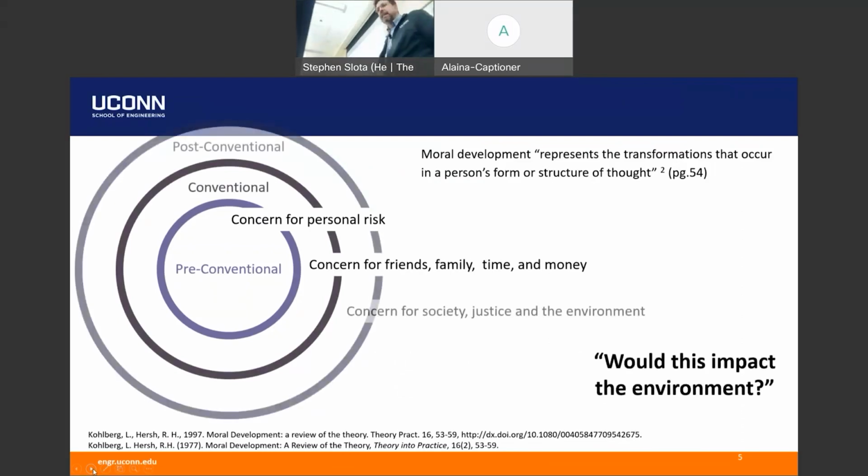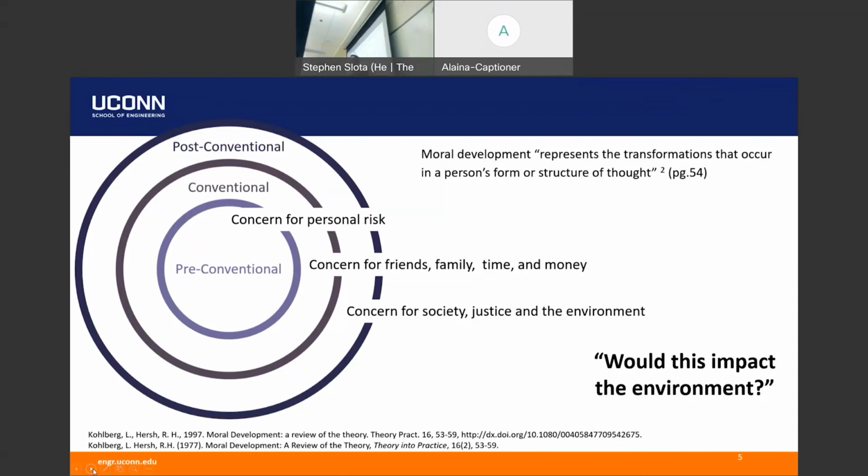And then lastly, in Kohlberg's schema is this idea of post-conventional. And this is where you're able to really think beyond yourself, beyond people or things that you know directly, right? So concern for more abstract ideas, society, justice, the environment, things that are more abstracted. And people will go through different stages, right? Children are often right here: I'm not going to steal that candy bar because I'll get in trouble. And here it's: okay, I'm not going to dump toxic waste in the river because that's bad for the environment, right?